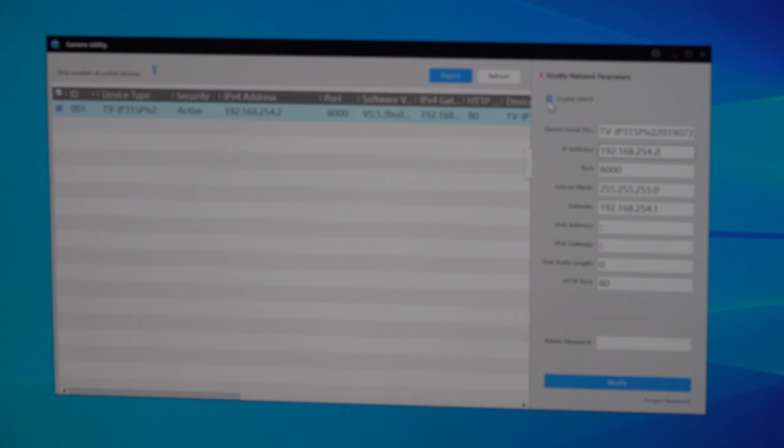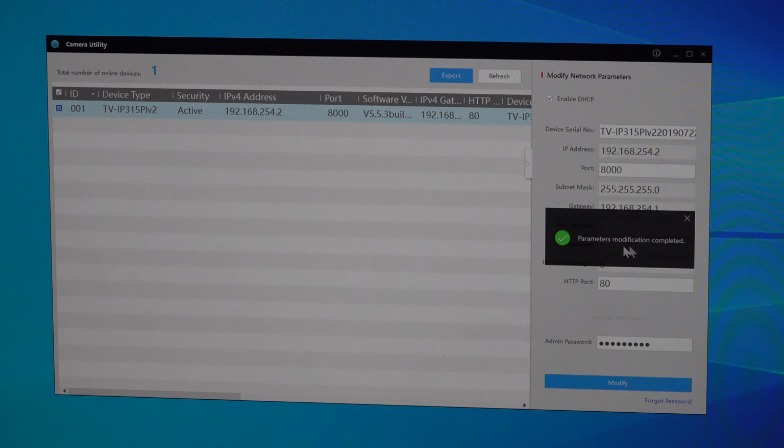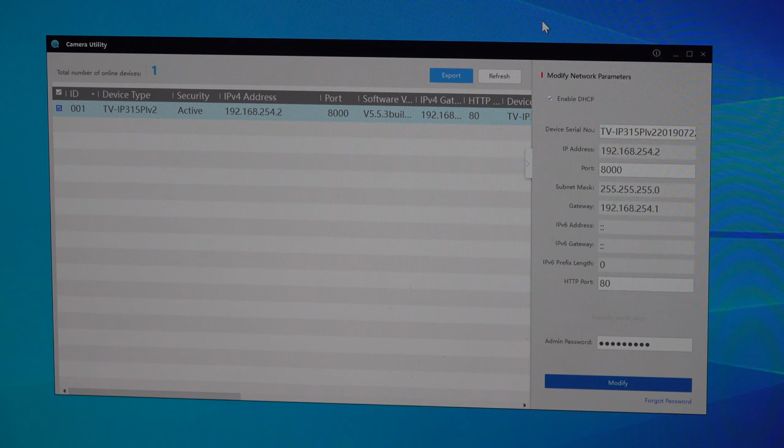I'm going to actually enable DHCP because I'd rather my router actually configure the IP address, and then find that out. And then for the password itself, I'm going to go ahead and put in a password real quick. Okay, so I put in a password, and then I'm going to hit modify. Parameter modifications accepted, it looks like. So we should be good to go. Let's hit refresh and see if it...